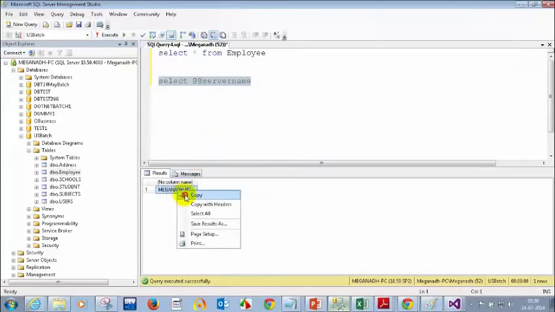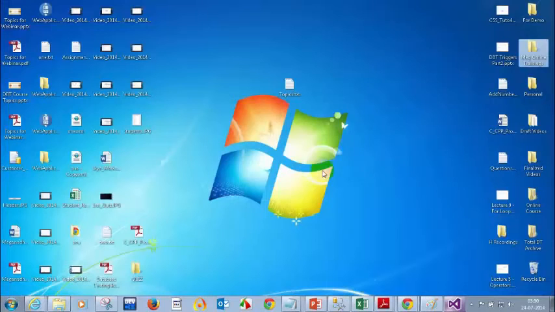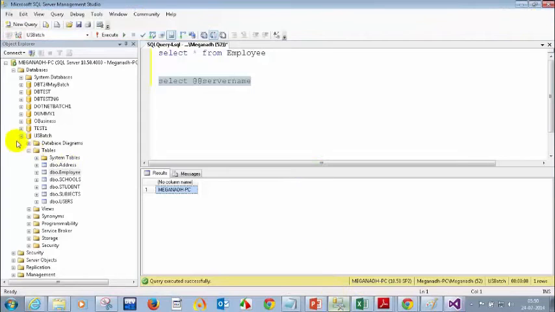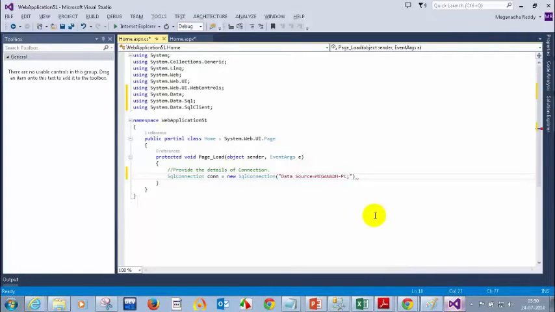I copy this server name and go to web.config, and here you can write data source equal to this. Once you give the data source, you need to tell which database, because normally in this server we have so many databases. Our database here is US batch, so I need to tell the initial catalog equal to US batch, the database in which your table is present.